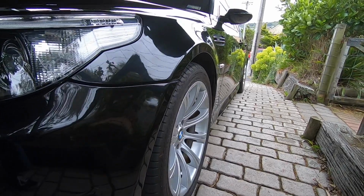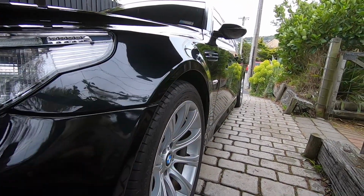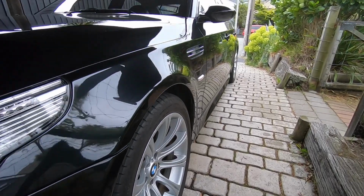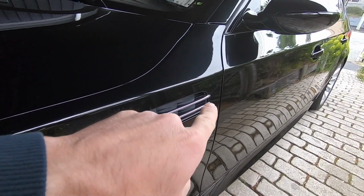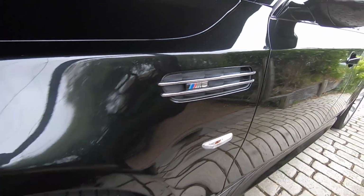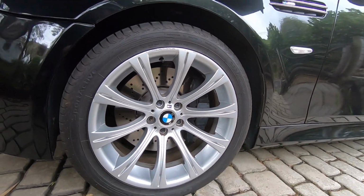the wheel arch there, you can see we've got that nice lip there, then bulging front arches. That's just to allow for that wider stance on the E60 M5. And then moving further back on the fender, on the wing, of course we've got the side vents here. That's the biggest giveaway, and they've got the M5 logo there, look. Pretty cool looking. And then if we come to the wheels, we've got the larger diameter wheels, and that's to